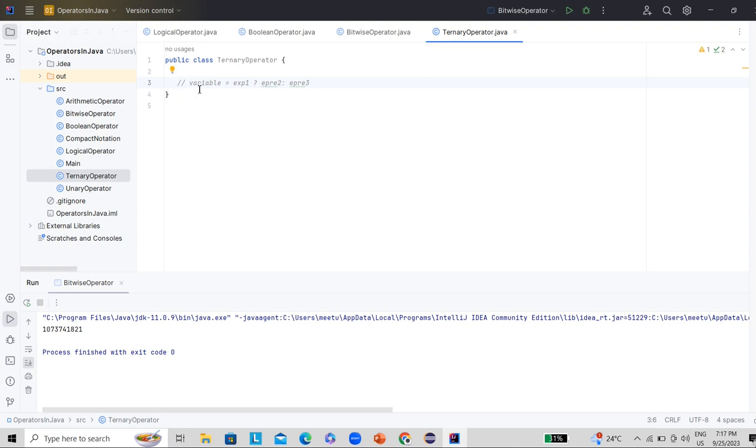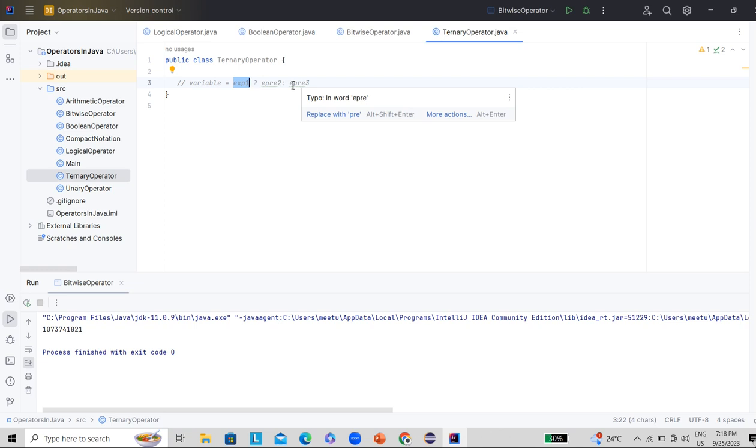If expression 1 is evaluated and is true, it is going to give the value of expression 2. If expression 1 is false, it is going to give the third value, expression 3, that is stored here.